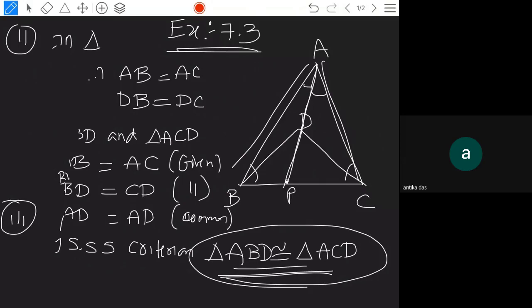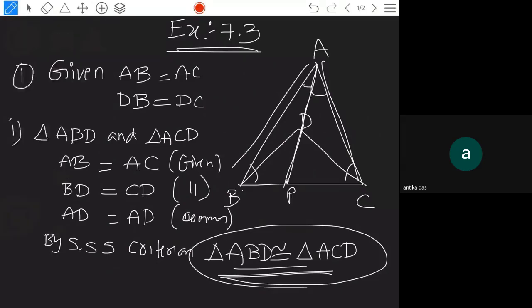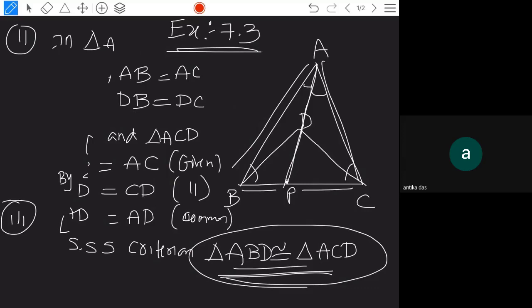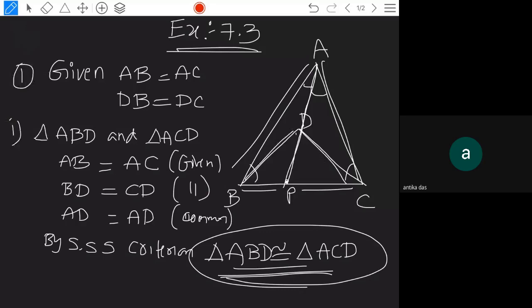Whatever you should correct, right? BP is equal to CP will come to us. From where? From the second result, simple. But directly you cannot write. After writing BP is equal to CP, these two are equal and this is common. Then you can prove that triangle BDP and triangle CDP are congruent. Then you can say that by the CPCT these two angles are equal.